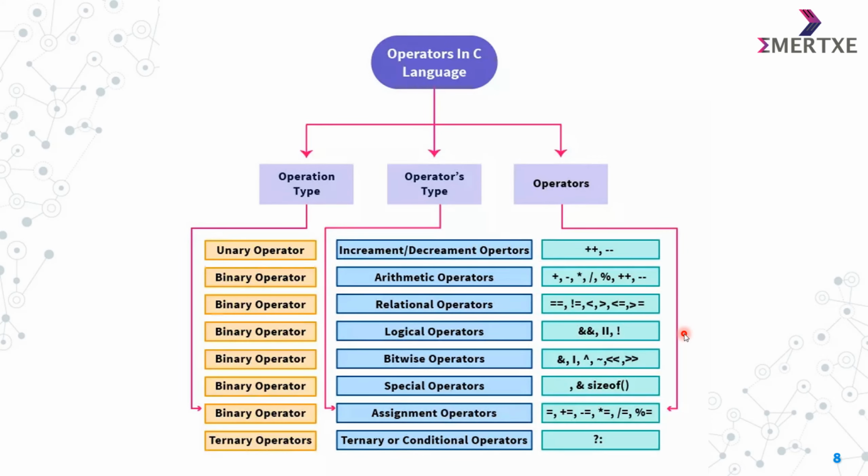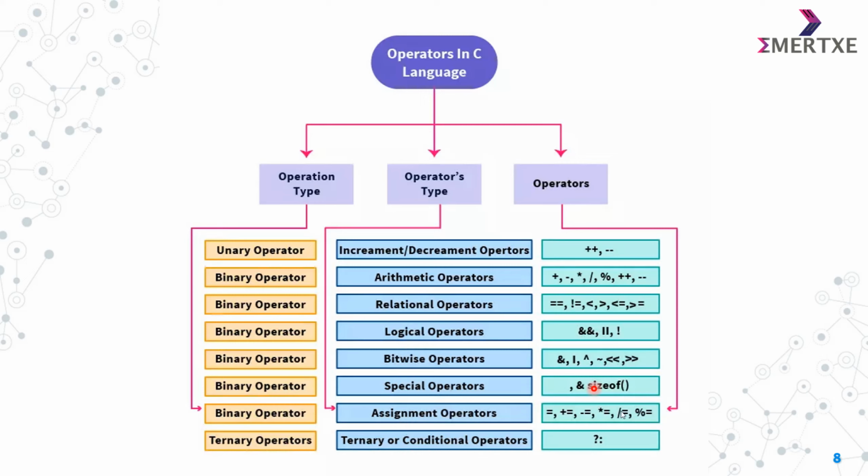So moving further with the operators in the C language. There are many operators in the C language which are categorized according to their types as unary operators, binary operators, and ternary operators. These are further divided into operator types. These are increment decrement operators, arithmetic operators, relational operators, logical operators, bitwise operators, special operators, assignment operators,